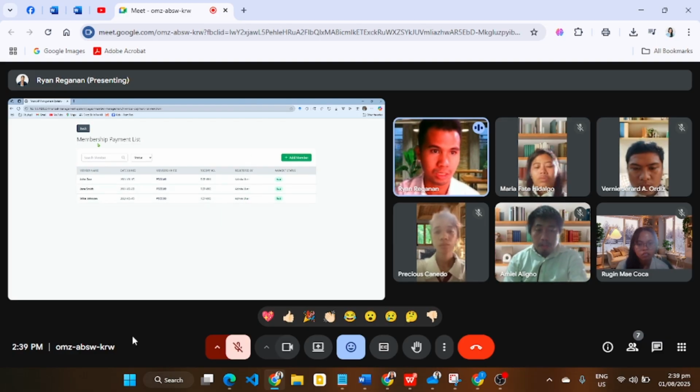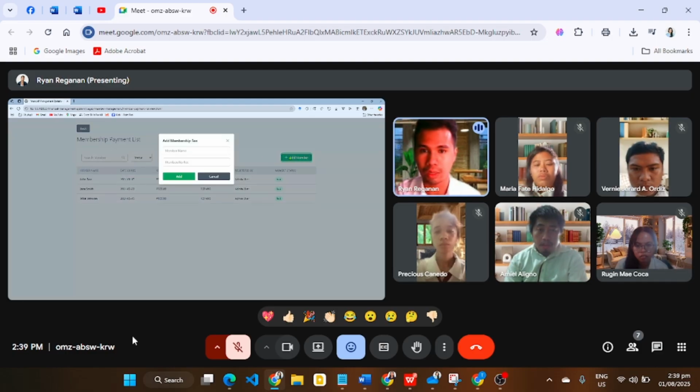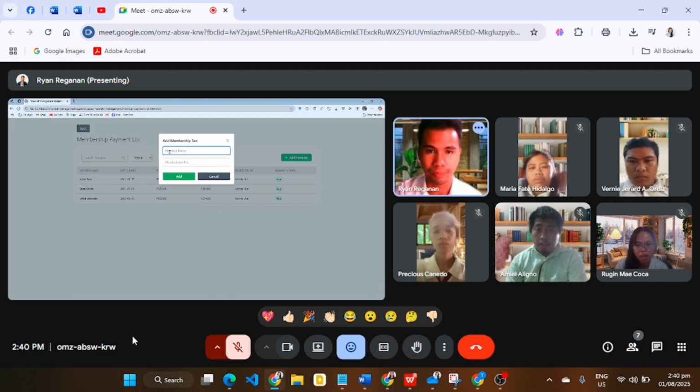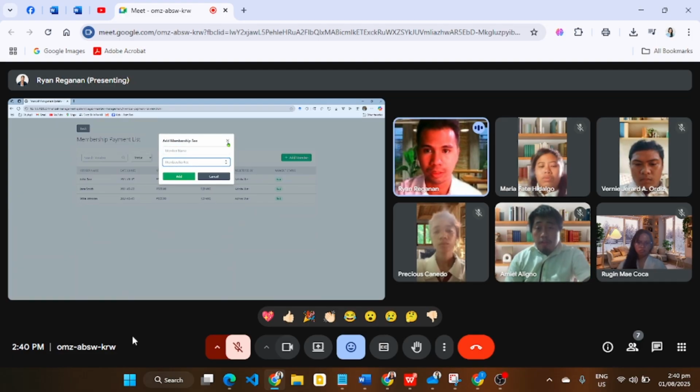Under this membership payment list, we can also add a membership fee. For example, a new member who is going to apply for a cooperative membership will just put their name here and then the payment.